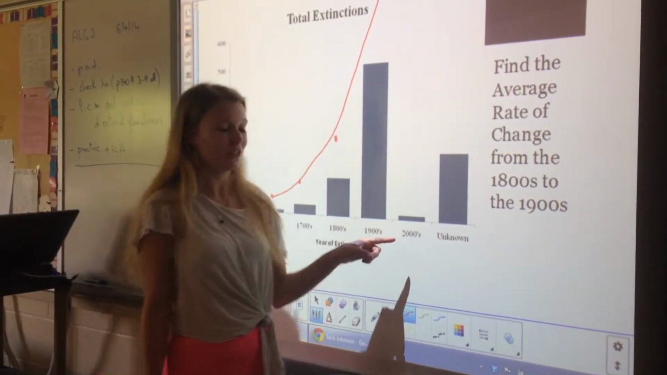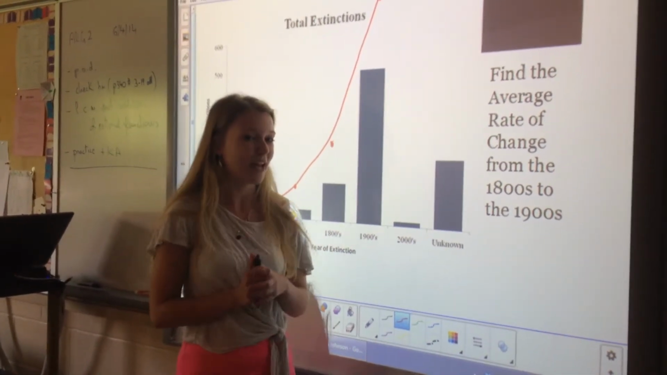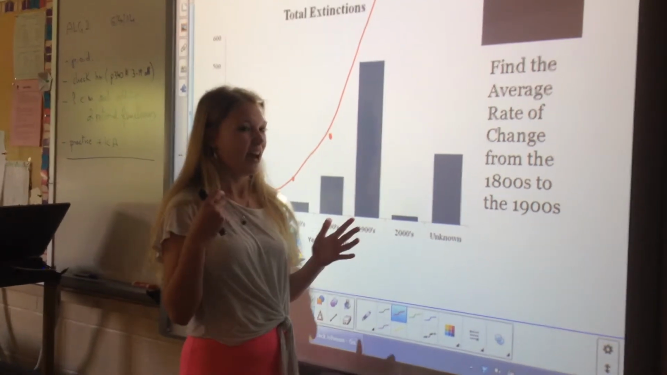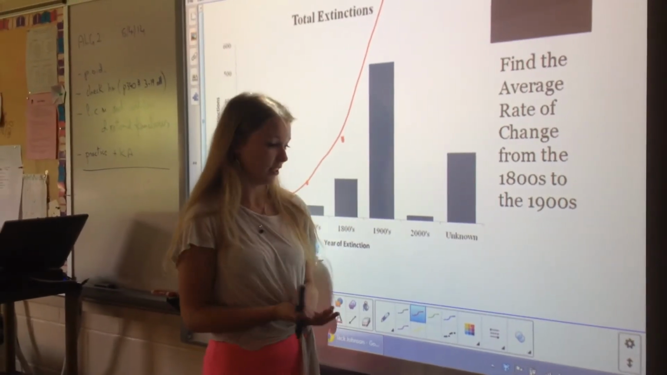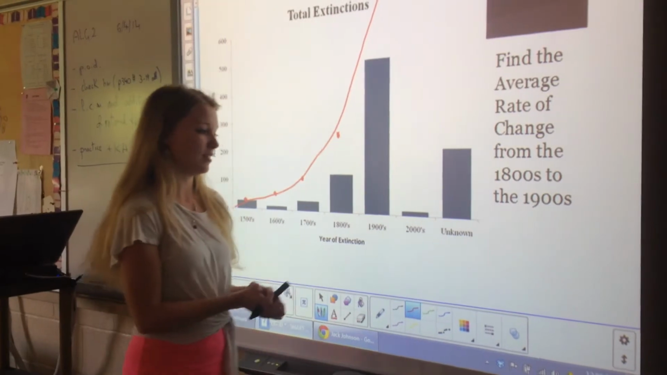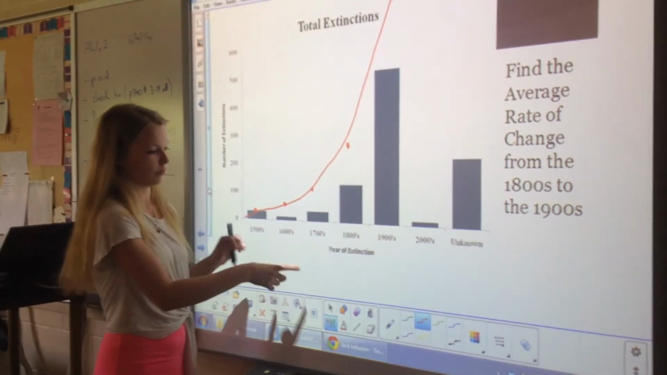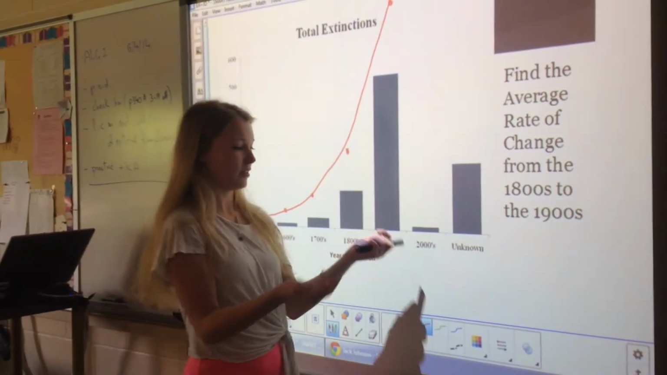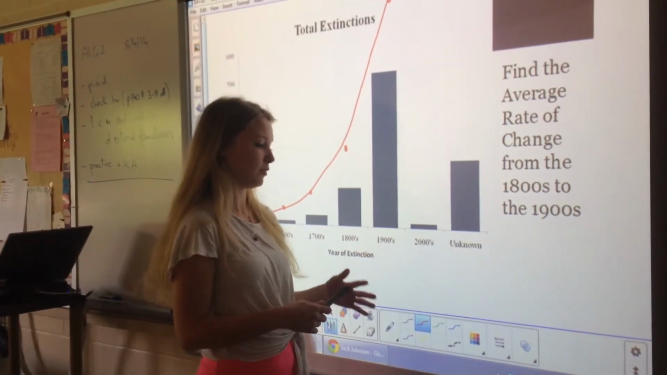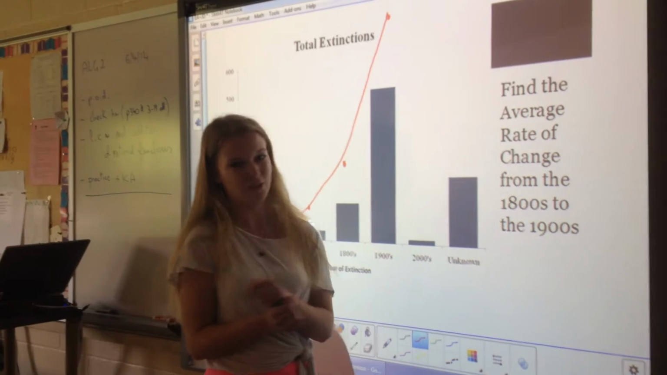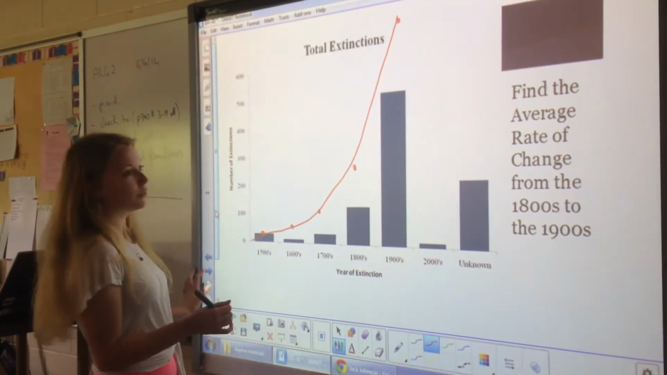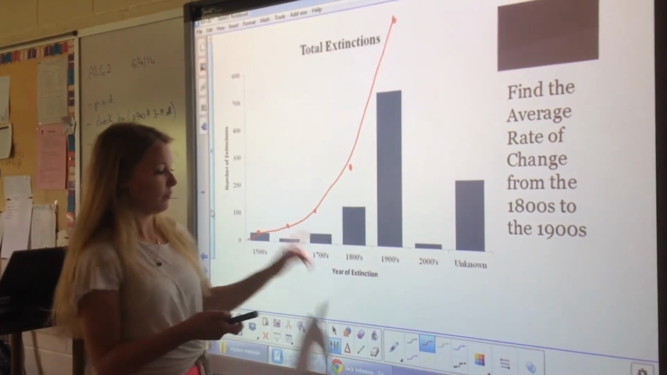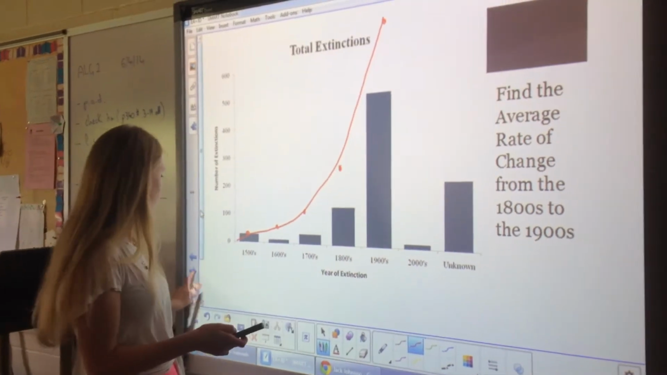However, it looks like in the 2000s we've been doing a really great job, as if no animals have been dying. However, we're only 14 years into the 2000s, so this isn't very accurate compared to the other ones where the full 100 years has been completed, and this will probably be increasing much higher by the time we reach 2100. So if you're going to find the average rate of change from the 1800s to the 1900s,